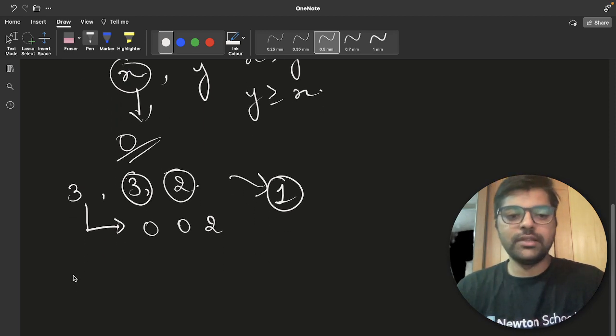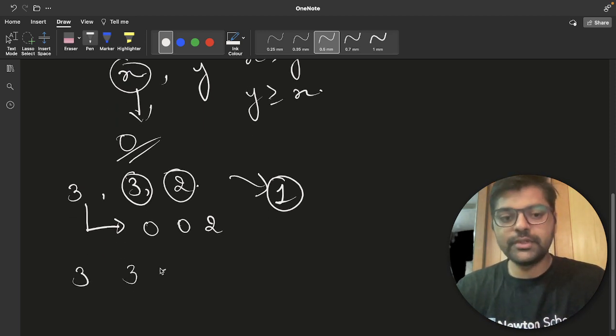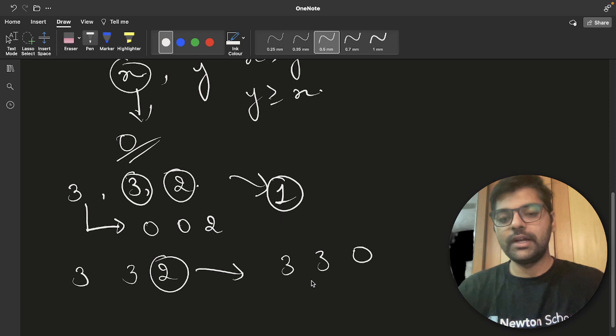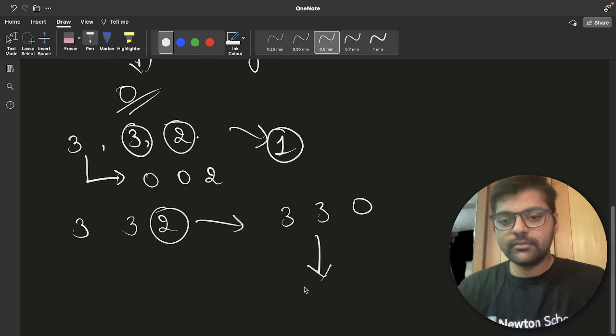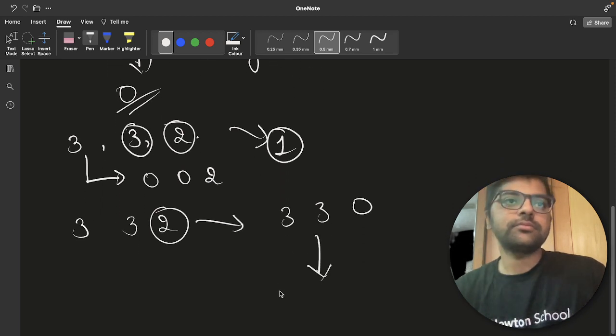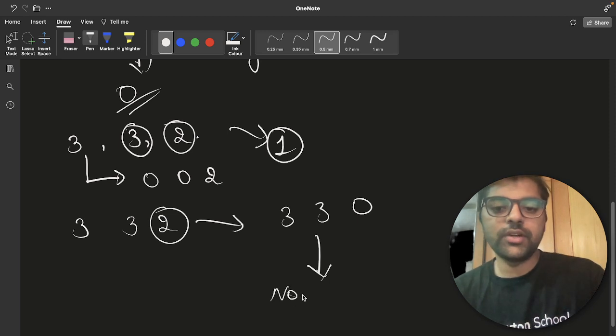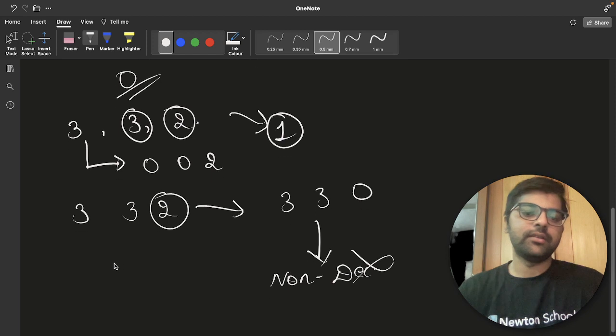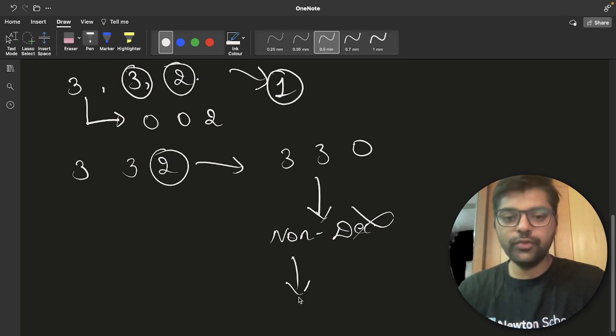Let's say you do any other operation. Let's say 3, 3, 2, and you make 2 as 0 first. In one operation, you are making it 3, 3, 0. Is this in non-decreasing order? No, right? Then again you will have to convert 3 to 0.